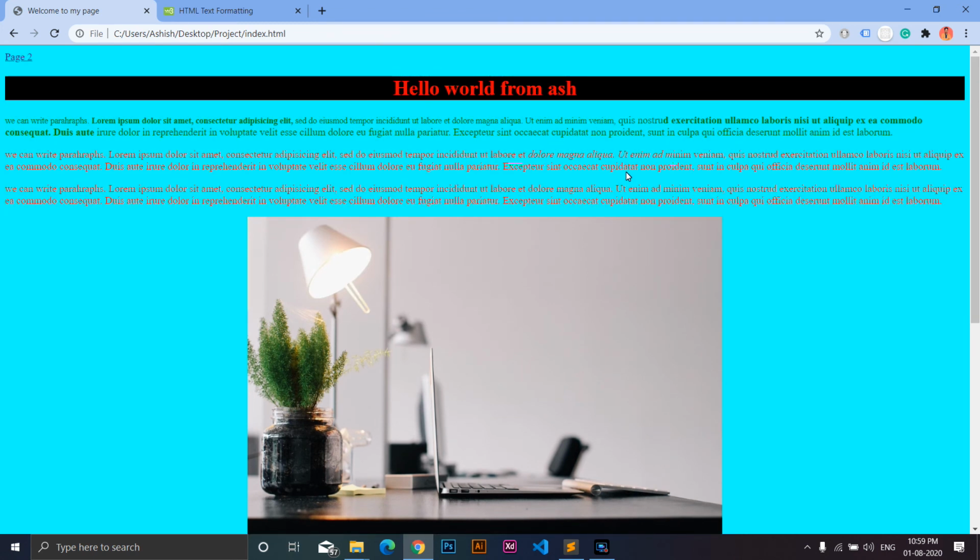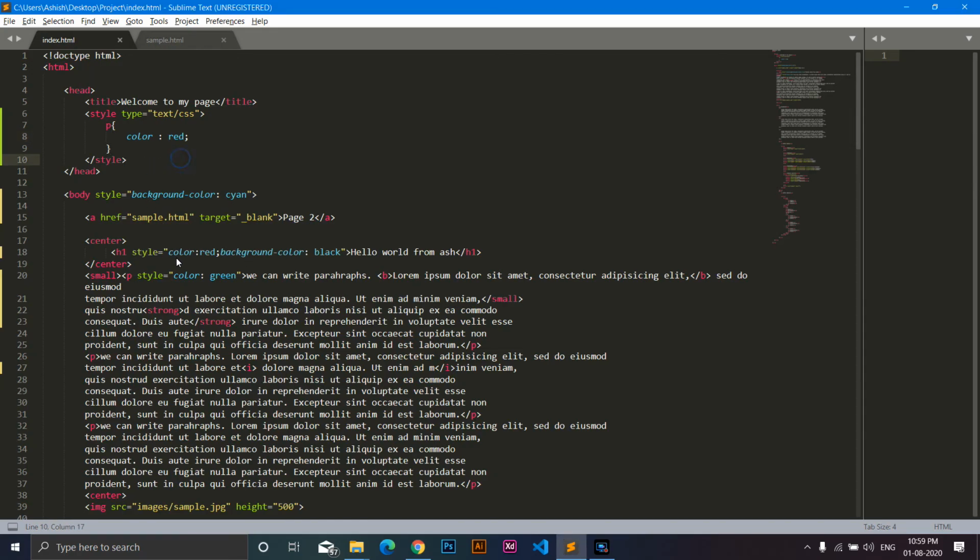So now every paragraph has become red, and now you can notice one thing, that the top paragraph is still green. This is happening because our inline CSS has more priority than our internal CSS. If internal CSS and inline CSS define the same rule, then the inline CSS will have priority over internal CSS.